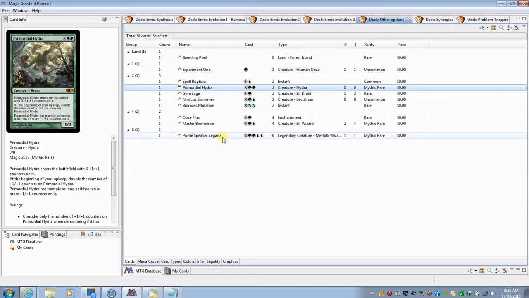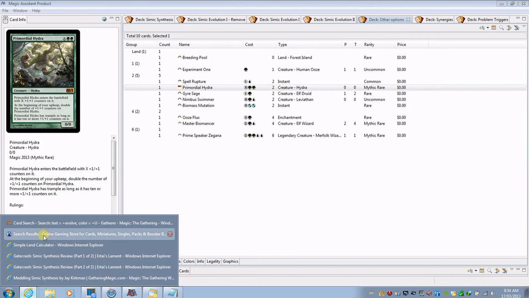The problem is, as you probably guessed, just looking at the abilities on this and what it could potentially do, let alone inside this particular deck, if we were to look up the prices on this,